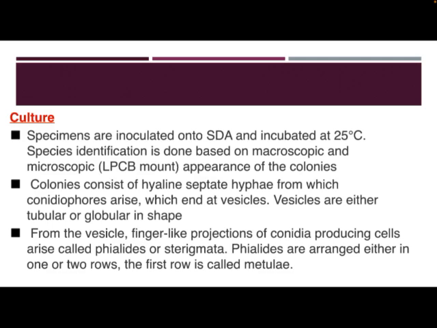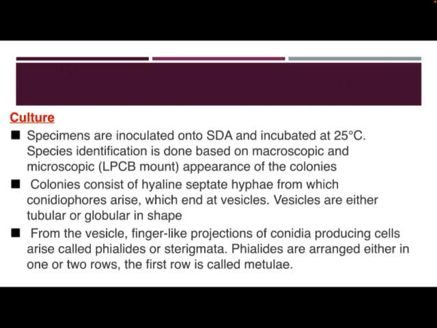That is, we look at the macroscopy. What is the color of the colony? What is the texture? Is it pigmented? Is it fluffy? Is it cottony? So that is all the macroscopy. Macroscopy means looking with the naked eye. And then in the microscopy,